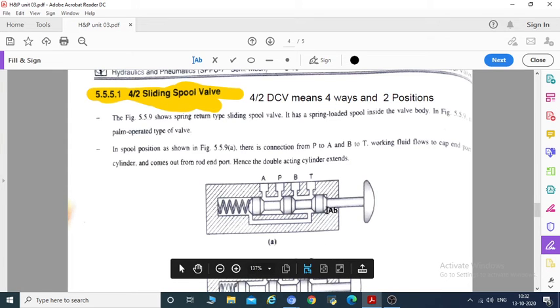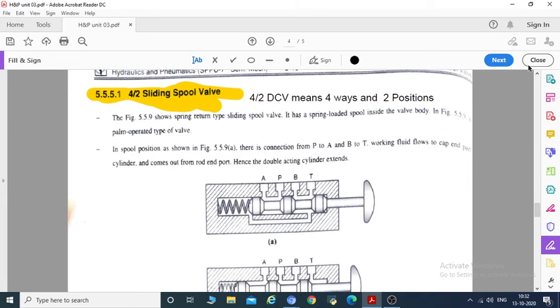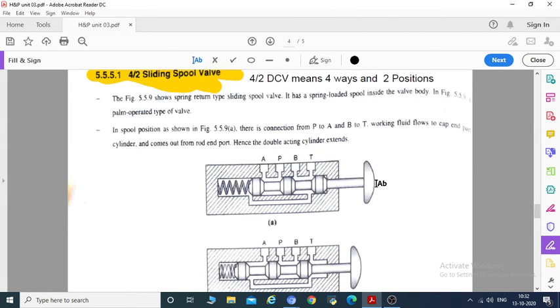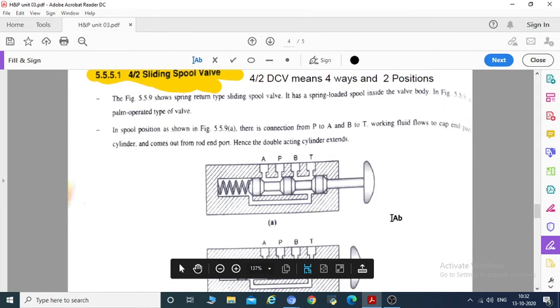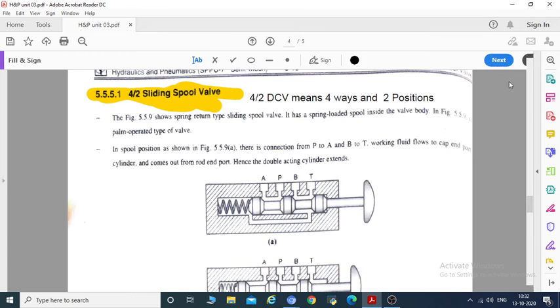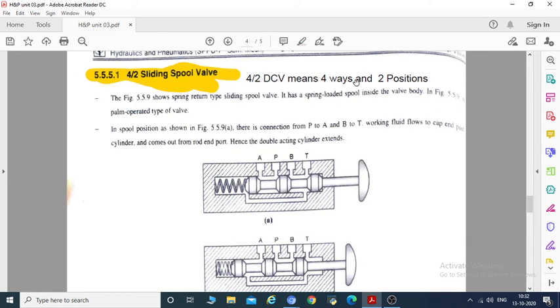Okay, so here you can see the diagram for the 4 by 2 spool operated direction control valves. Here the figure shows the spring return valve.